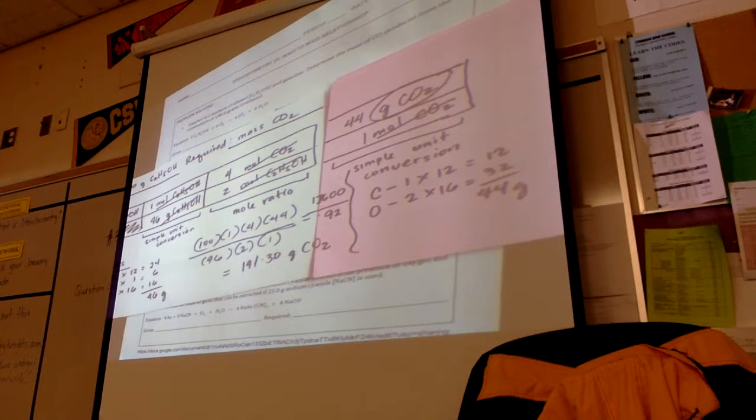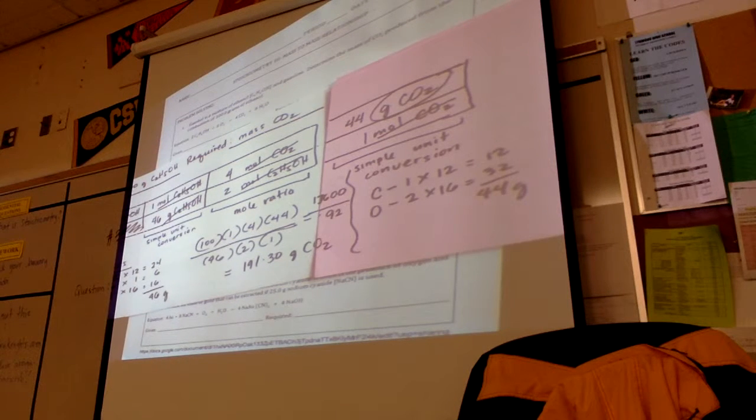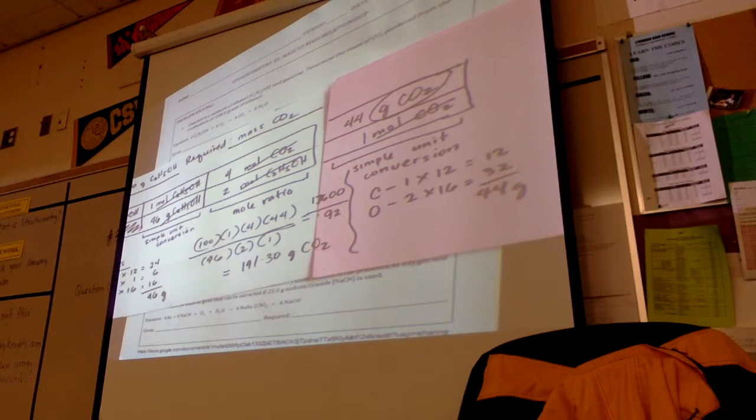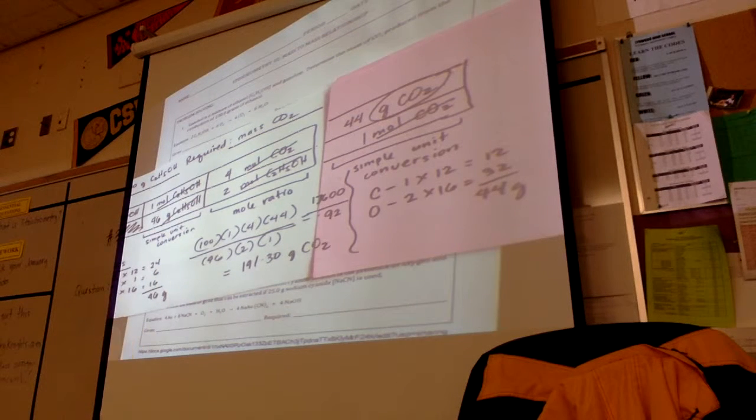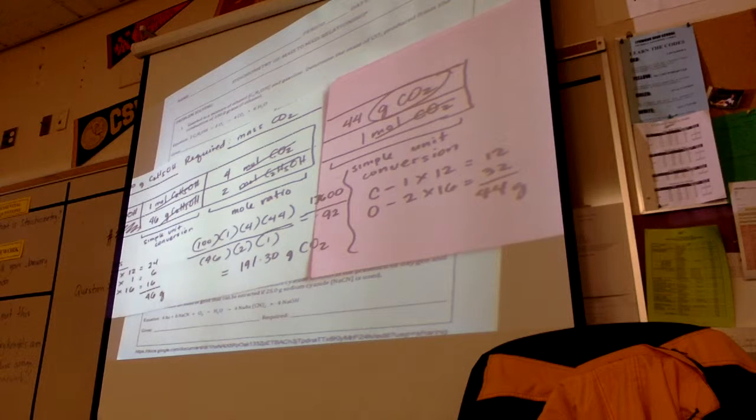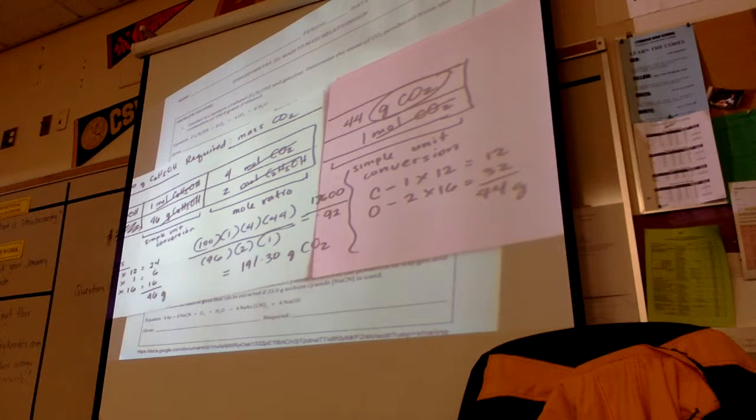How do we know if it is a simple unit conversion or a mole ratio? First, what you have. In stoichiometry, you must know the moles. The mole ratio is like the middle part of your problem solving equation. Now, we cannot get the moles because we're given grams unless we do the simple unit conversion. If you're given mass and you are asked for either mole or mass in the end,